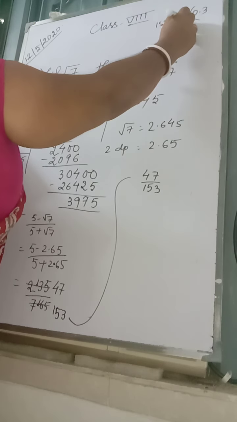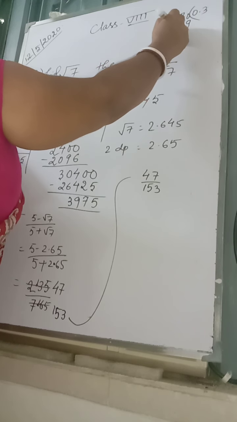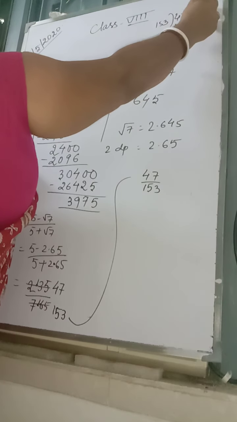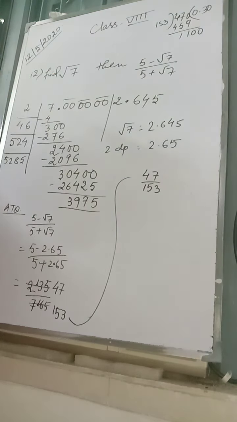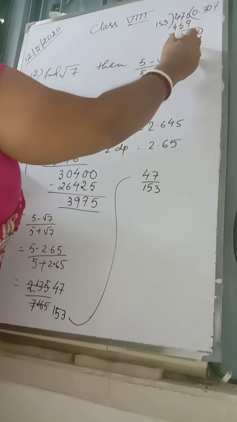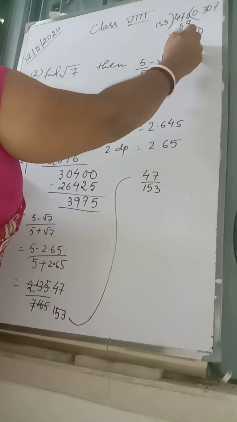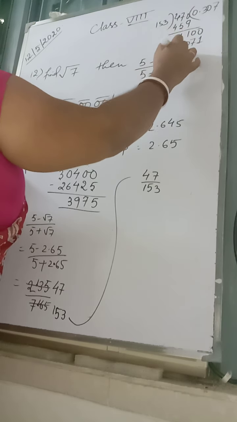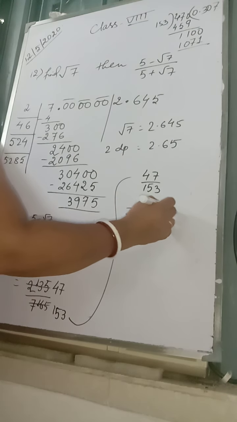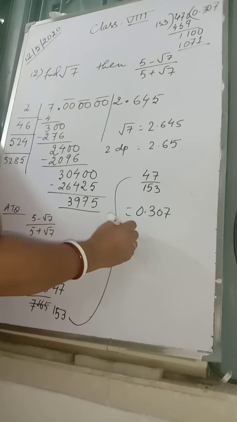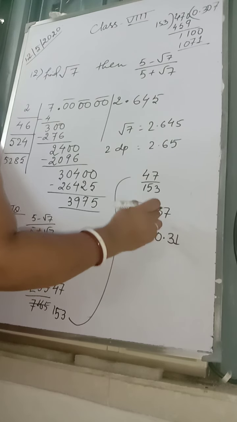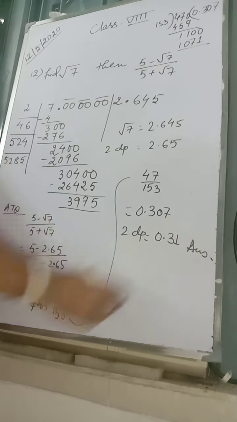And 3 times, 3 3s are 9, 3 5s are 15, 3 4s are 12 and 1, 13... So decimal is given, I have given 1 0, is not divisible. So here 1 0, here 1 0. Then it gives you 7 times, 7 3s are 21, 7 5s are 35 and 2, 37, 7 1s are 7 and 3, 10. So it gives you 0.307, and 2 decimal places is equal to 0.31, is the answer. Is it?